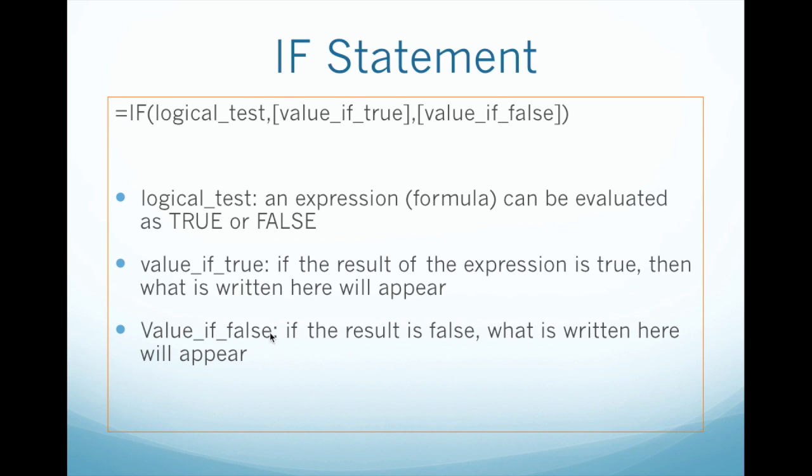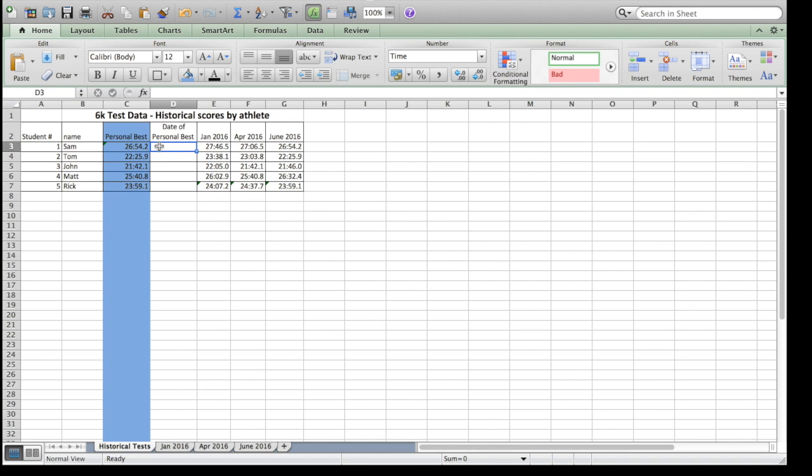The value if false, again, depending on the result of the expression of the logical test, whatever is written here will appear. So for example, if C5 is greater than 49.5, the result will be pass, but if the value in C5 is less than 49.5, the value will be false and it will say fail. So for the if statement, we're going to type in here equals